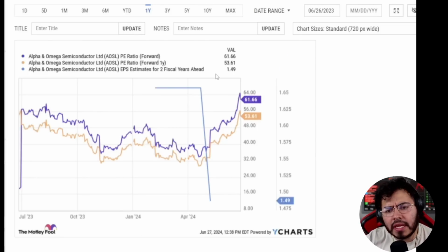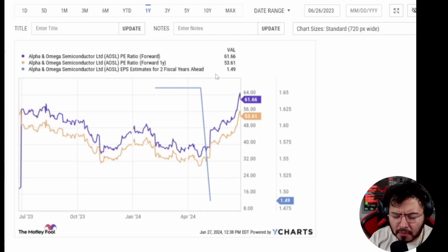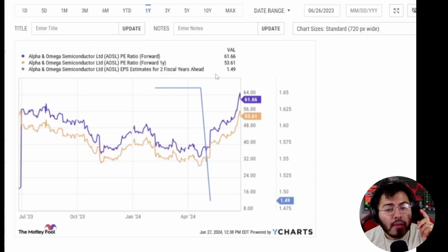So that kind of looks pretty expensive, and that might throw away some people. But let me explain a little bit more of maybe why you shouldn't just throw it out right now. Now, forward 1 year, which is next fiscal year, so it's about 13, 14 months from now, is 53. That's still pretty high in my opinion. Now, earnings per share estimates for 2 fiscal years ahead is about